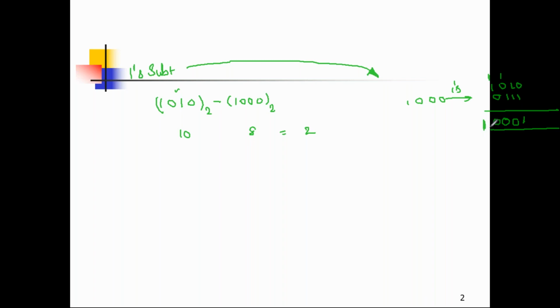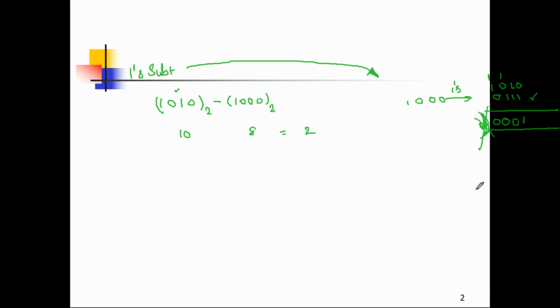In a case like this, if any carry is sitting while doing this kind of arithmetic by using ones complement, the step is very simple. The second number is to be ones complemented, and then it is added to the first number. So this is the result. By adding this, what will be the result? Finally there is an end carry. So what do we have to do with this end carry? Just omit this carry.